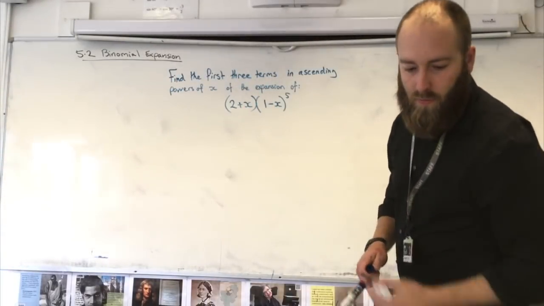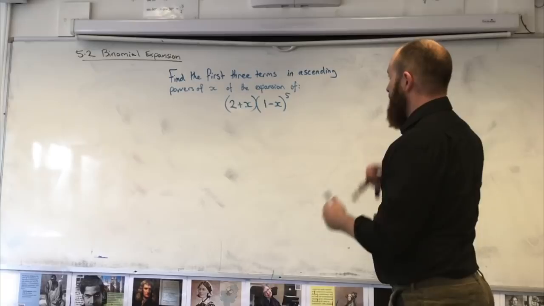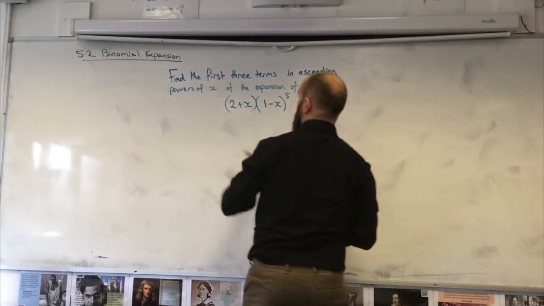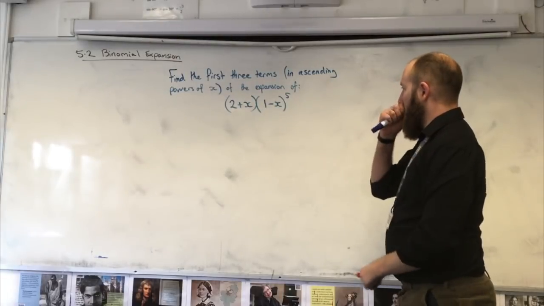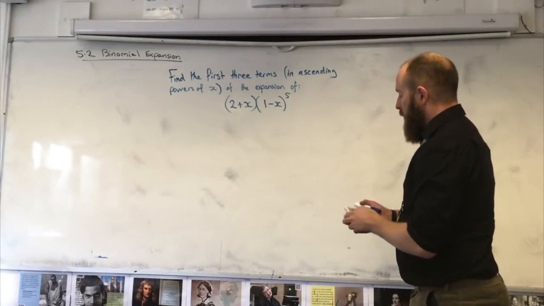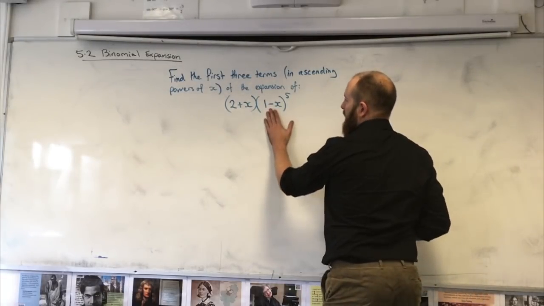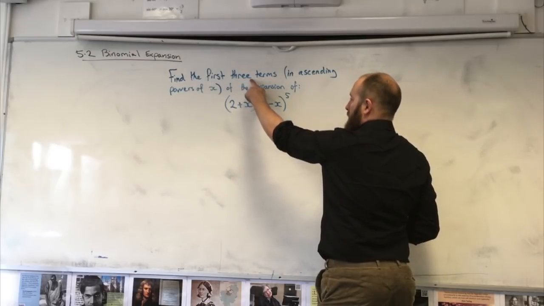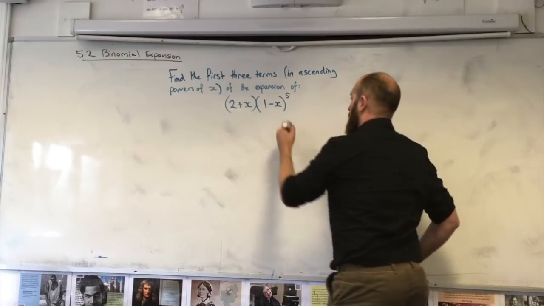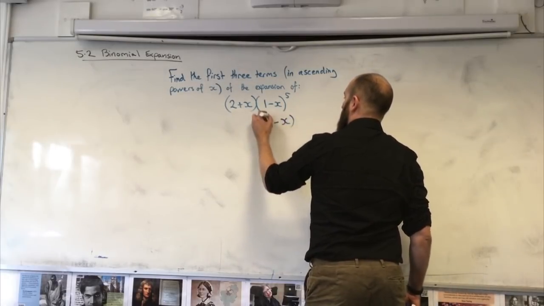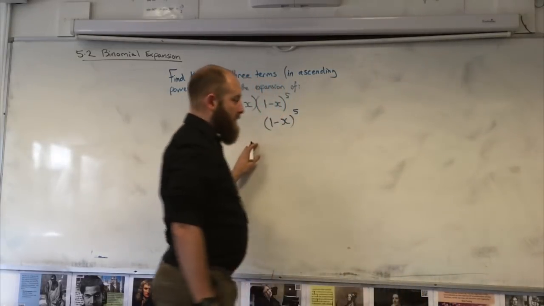Okay, so find the first 3 terms in ascending powers of x of the expansion of this. So it looks quite difficult, but it's not that bad. What we're going to do is expand this up to the first three terms, and then multiply it all by 2 plus x. So, first three terms of this, so we're going to get